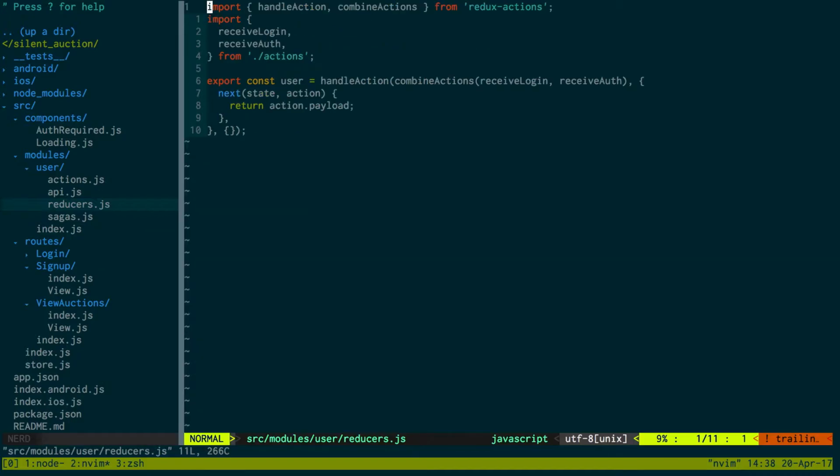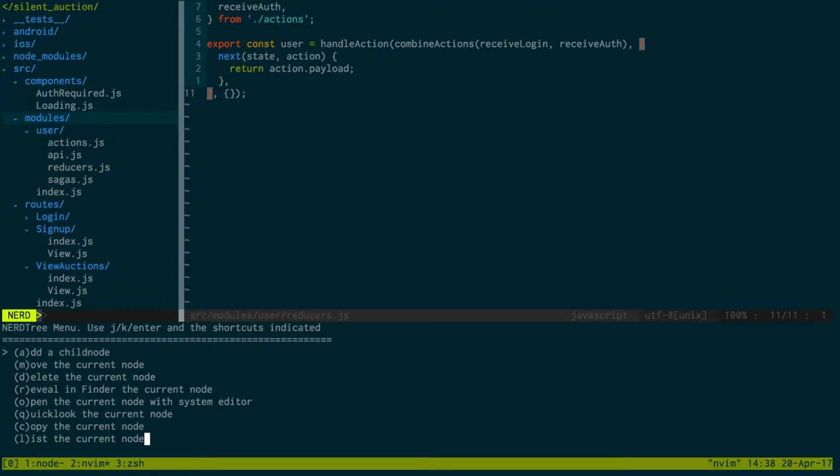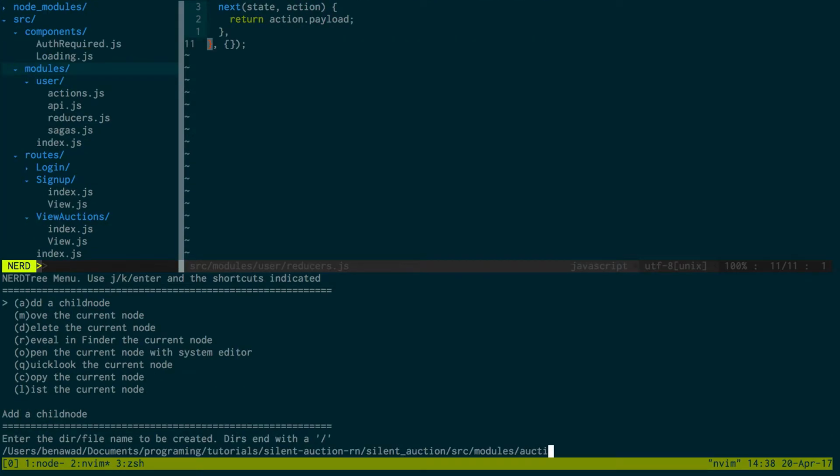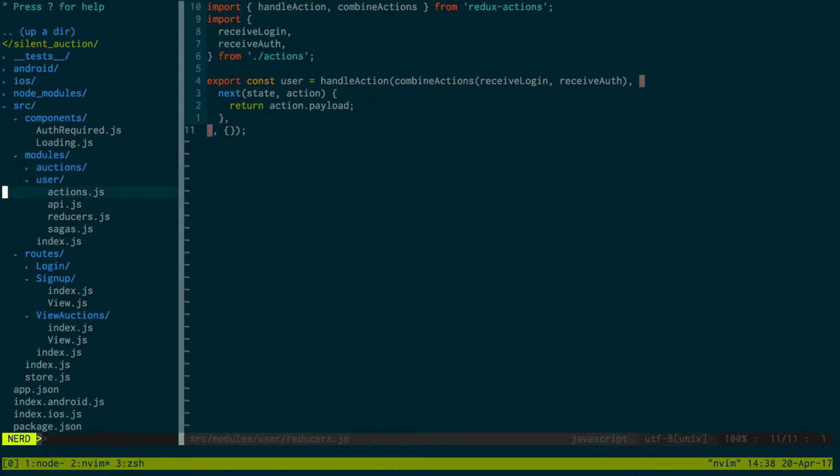The last thing we really want to do is just update the state. Oh my gosh, and what I just realized is we needed to make an auctions module, and I just put everything in user. My apologies, guys. So let's create auctions. So you don't want to cram everything in user. We want to separate stuff. That's the purpose of this modules folder. So create